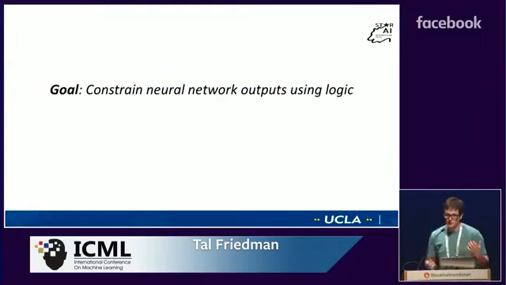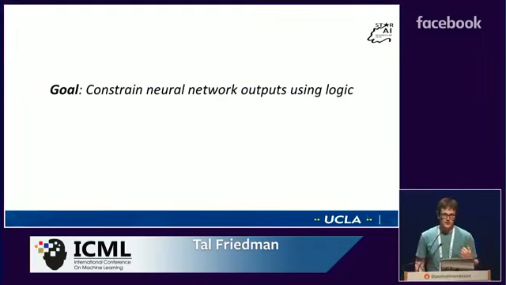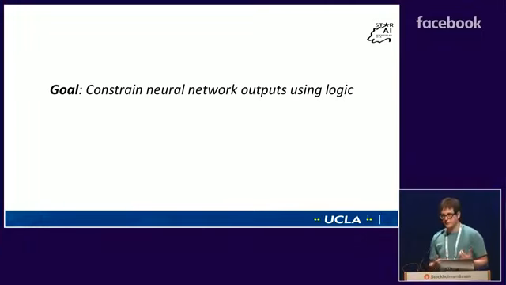Okay, so our goal here is we want to constrain the outputs of a neural network using propositional logic. So given a sentence in logic that describes the relationship between the outputs of a network, I want to be able to incorporate that into the training process of my network, along with my normal training data. Ideally, I'd like to do it without changing very much about the training procedure, because we already have a lot of tools in our deep learning toolkit, and we don't want to be reinventing the wheel and having to recreate every one of the techniques that's already out there.